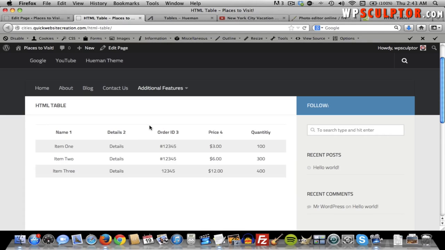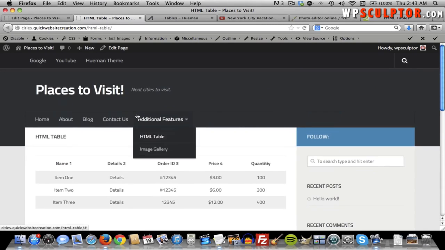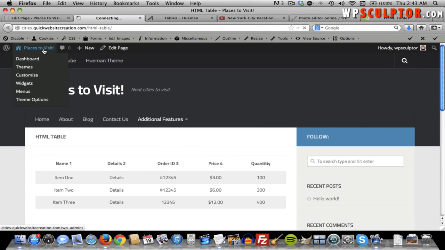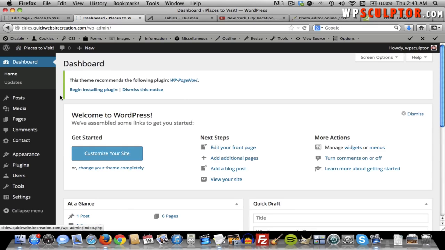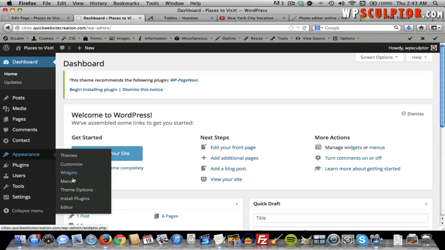Alright, now we're going to get into what I would consider more of the fun stuff where you get to be a little bit creative and artistic with things, and we're going to choose our color scheme. So I'm going to show you the process I use to do that. Let's go ahead and go back to our back end, and I'll show you where we're going to make these changes. If you go to Appearance, Theme Options,